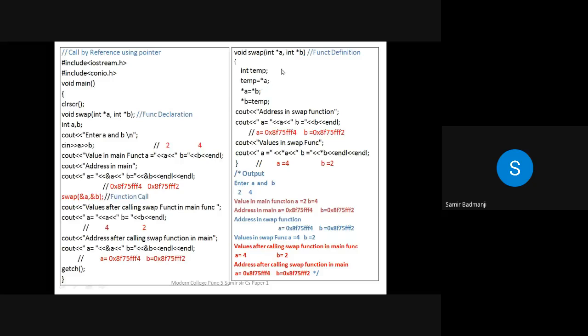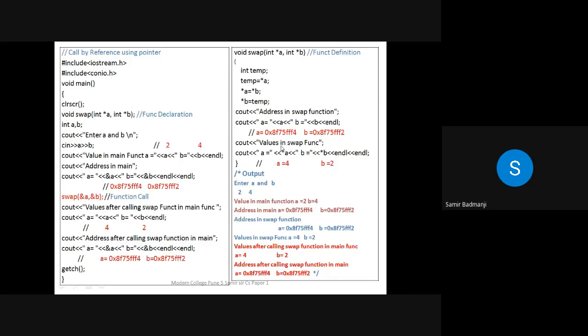Now see, here we have not defined integer A, integer B. We have defined integer star A, which means it is a pointer variable. If you don't write anything in front of it, the address stored in that pointer will be printed. Now A and B are pointers. What is a pointer? A pointer stores the address of another variable. So the address of A will be printed, which is the same thing as before. Like here, A's address was this, B's address was this. So we are just printing the addresses of A and B here.